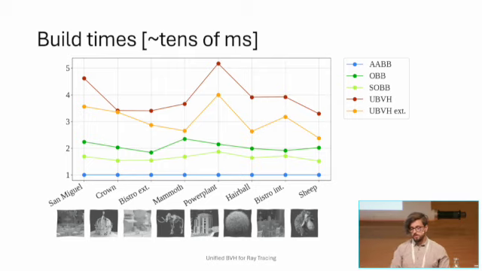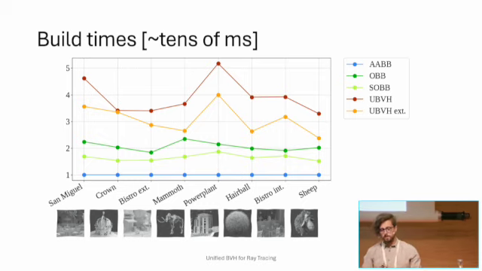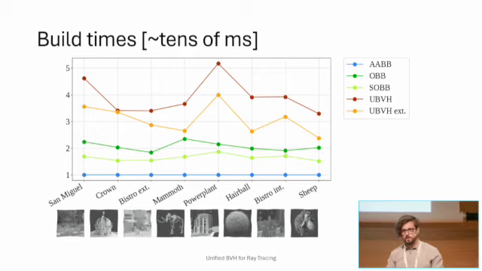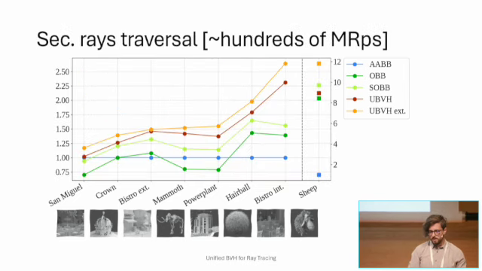And funnily enough, when you think about it, for the extended uBVH, we actually introduced an additional computation step in terms of looking for pairs. But this translates, and this is apparent from the graph, to actually a reduction in this end-to-end time, which is represented here, because the actual expensive part is forming the SOBBs, and the fewer nodes you have in the hierarchy, thanks to the pairs, the faster you actually get in the end. So there was some price to pay, and what we get in return,